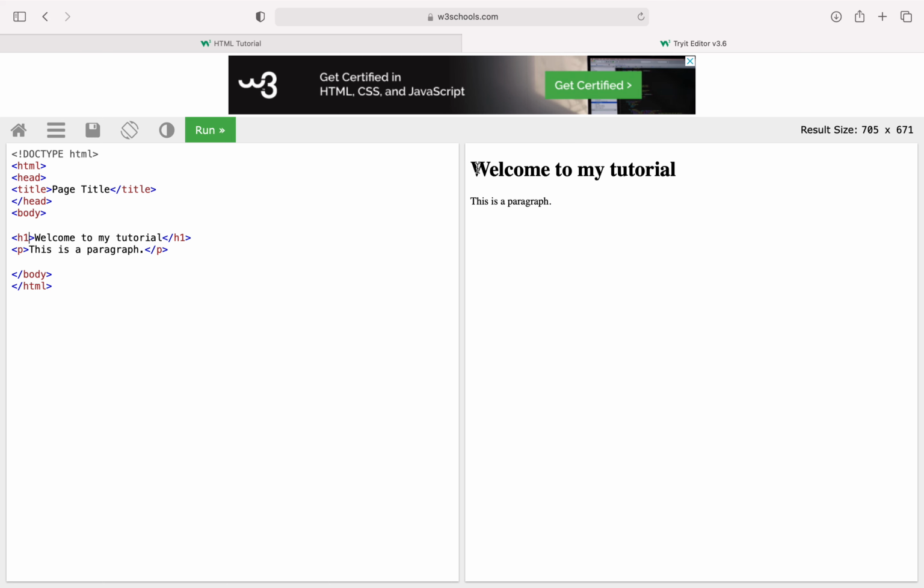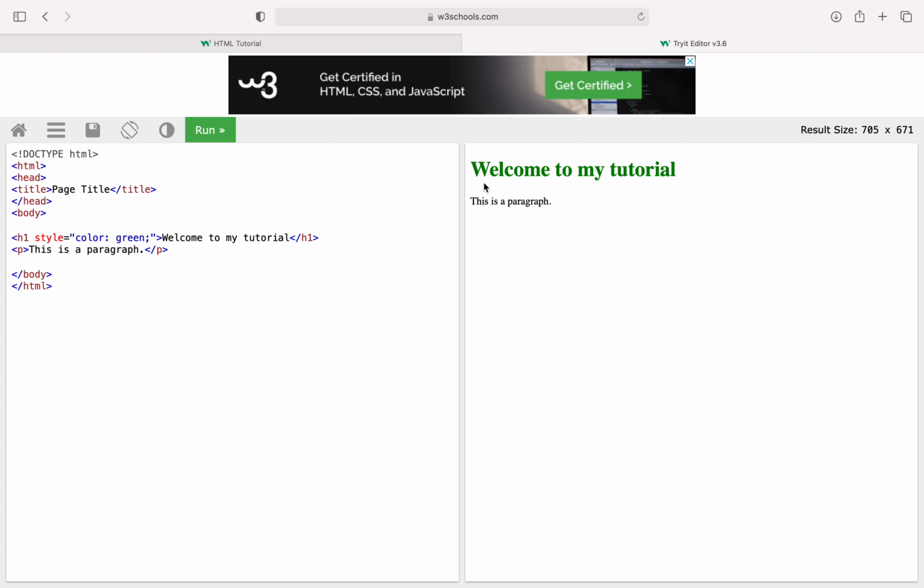Now I want to change the color of this welcome to my tutorial text. I will write style equal to color red. This will change the default color to red. Like this, if you want to give green, it will show the green color. So CSS is useful for the styling purpose.